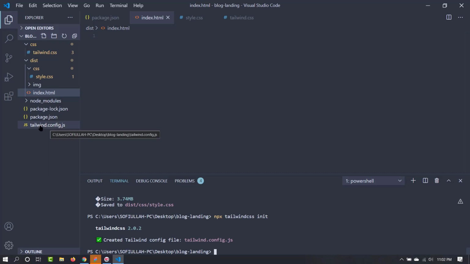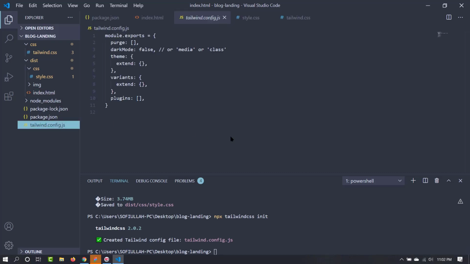Okay, this is our tailwind.config.js. It is currently empty. If you want to remove all these things and create your own framework, then you can also do that, but we are just going to extend the existing framework and default styling and create some classes of our own. So let's do that.